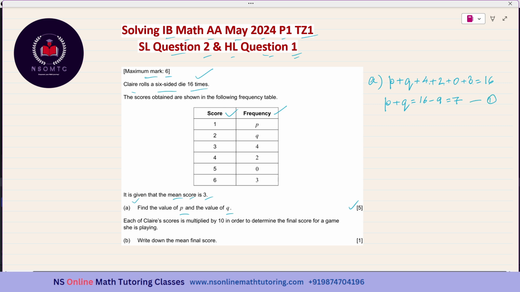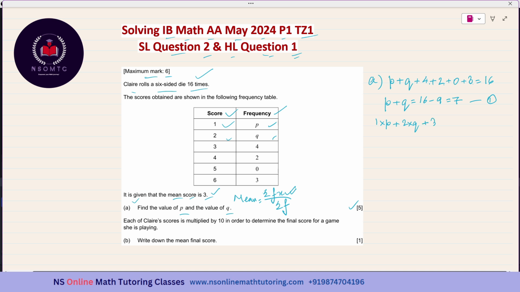And the second equation will come from the information that the mean score is 3. And what is the formula for getting the mean where the frequency is given? It is sigma f times x over sigma f. This is the mu. This is the mean. So the next equation, I am getting this sigma fx first. So it is 1 times p plus 2 times q